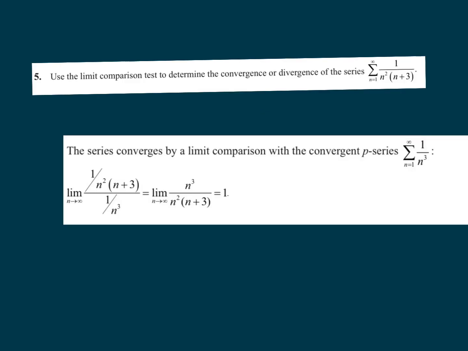Now let's do problem 5. It says use the limit comparison test, so A sub n divided by B sub n, to determine the convergence or the divergence of the series. The series is 1 divided by n squared multiplied by n plus 3. This looks like n cubed, so I will try to test, because I know that 1 divided by n cubed converges because of the p series: 1 divided by n to the p, if p is greater than 1, converges. So I will try to look